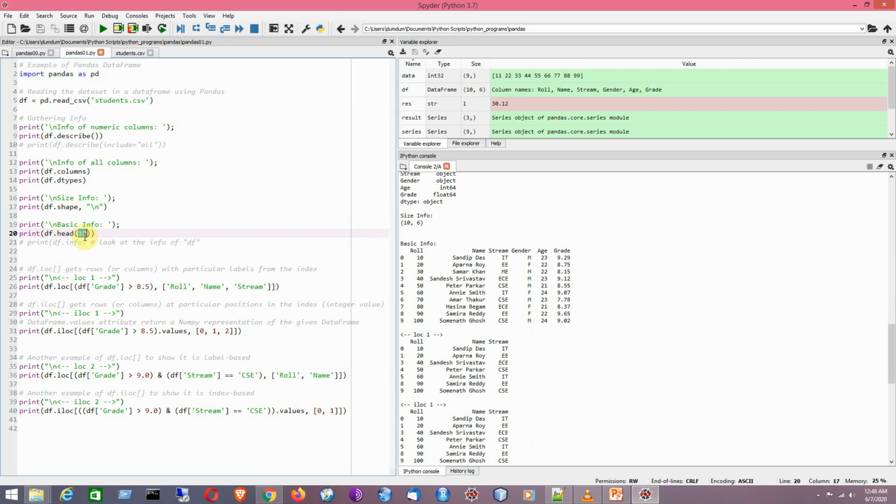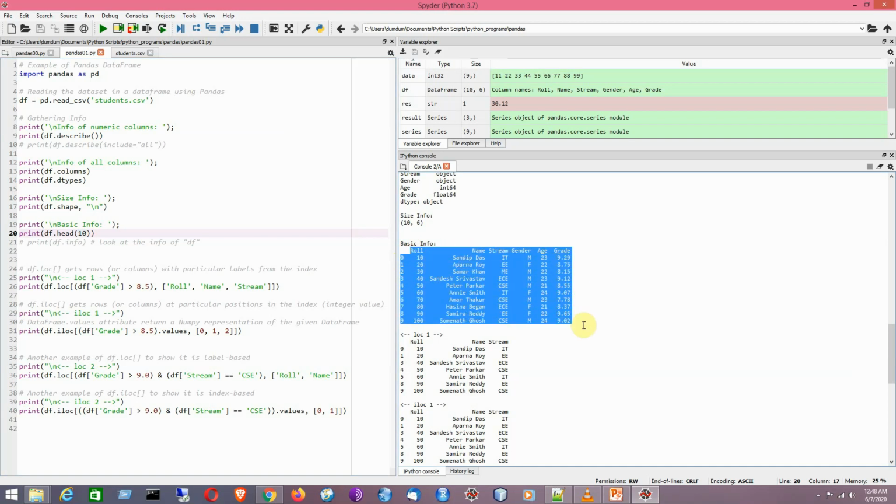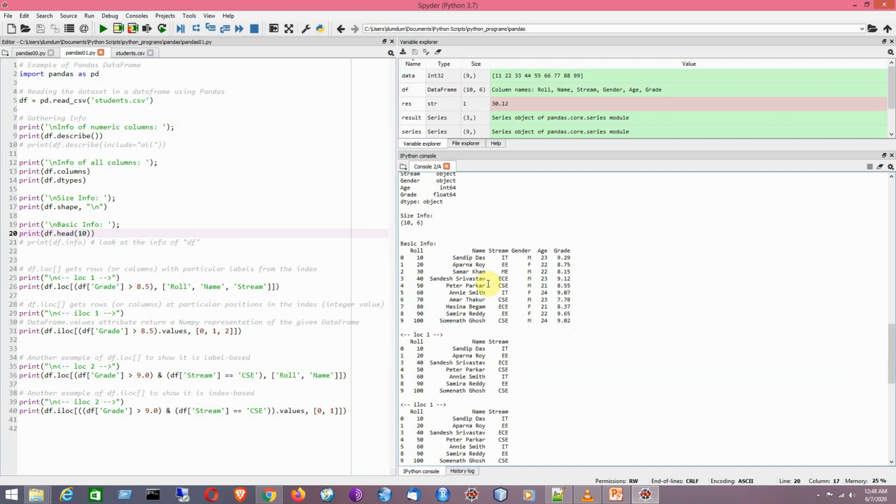Suppose I put the value as 10, it will show the basic information of all the columns in the given data frame, denoted by df. All the values are shown here row wise. It is a multidimensional data structure, which is basically the data frame, denoted by df.